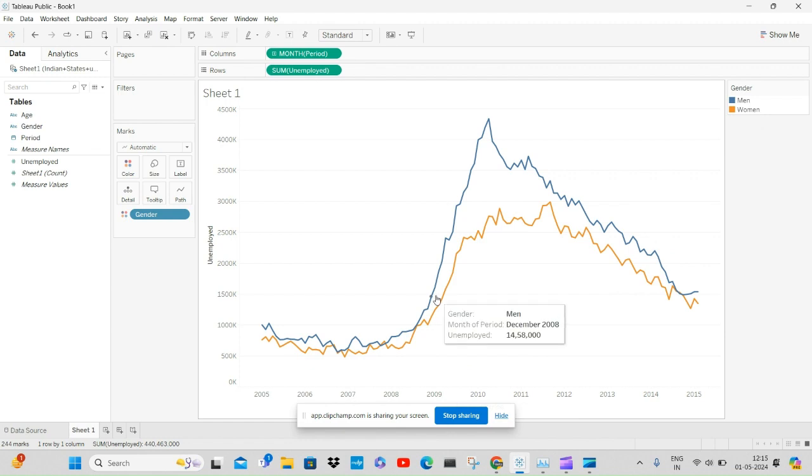I think this is more accurate also, presentable also, and this takes less space because in a dashboard we need space. When we go to the dashboard lessons, you'll see dashboards are created, so we have to show everything in that dashboard. So if we keep it in one